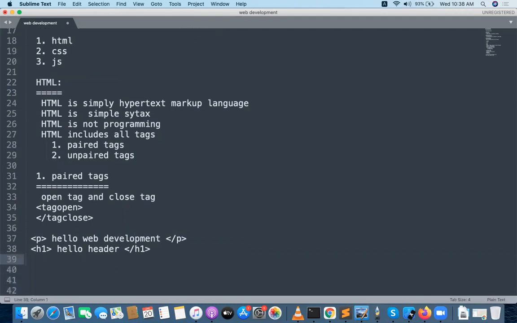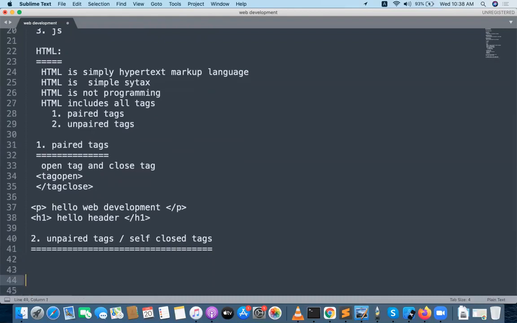Some other tags in HTML are called unpaired tags. Unpaired tags are very important. Sometimes we call them self-closed tags. There are a lot of self-closed or unpaired tags, like IMG, which is a self-closed tag, the break tag, and the link tag.